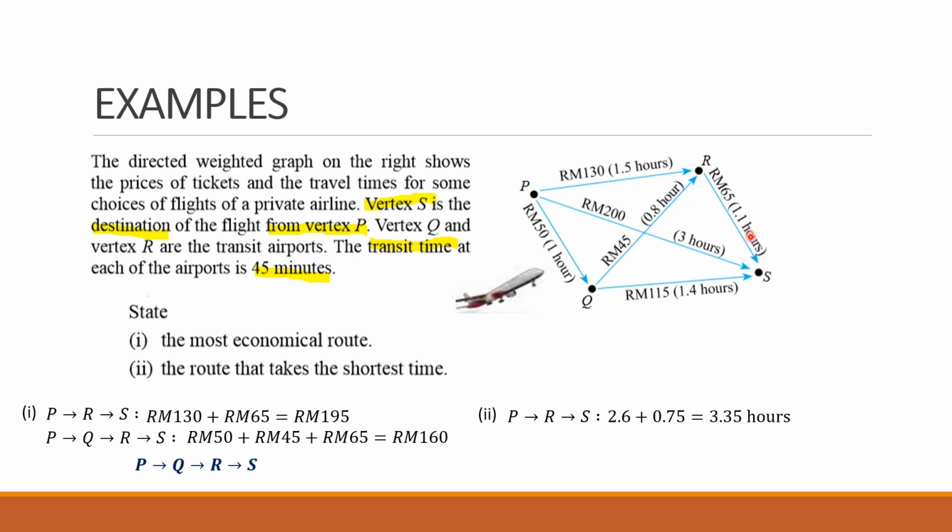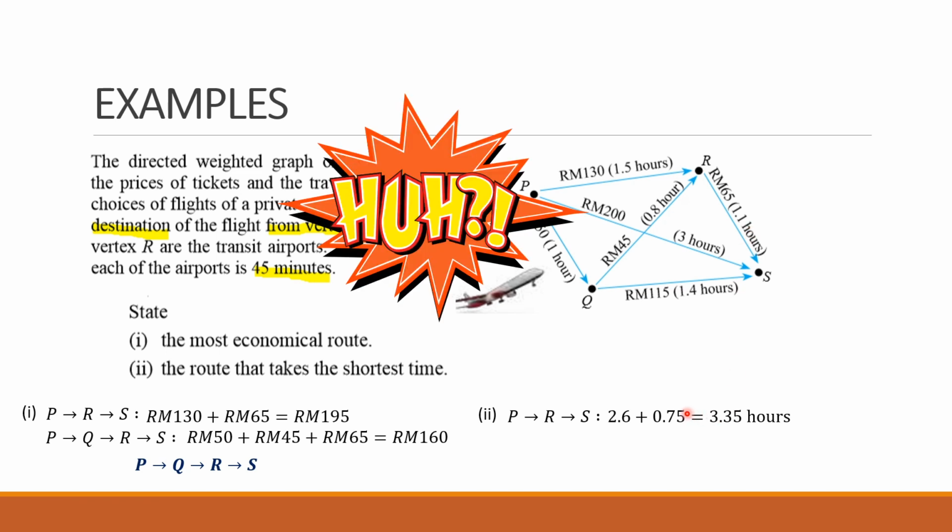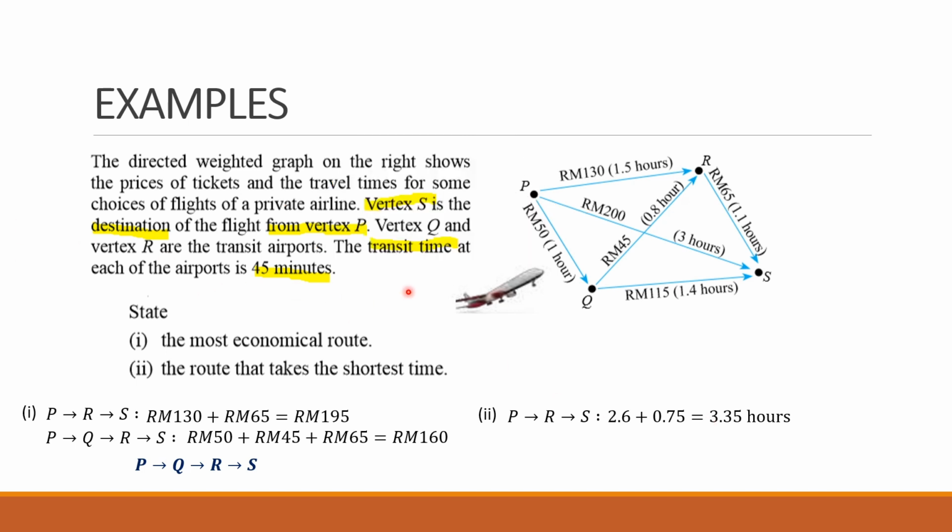Why do I have 0.75 here? As I told you just now, don't forget the transit time, 45 minutes. Here is hour, here is minute, so we have to change into the same unit. I change 45 minutes into hours, which is 0.75. So 1.5 plus 1.1, which is 2.6, plus 0.75, the answer will be 3.35 hours,